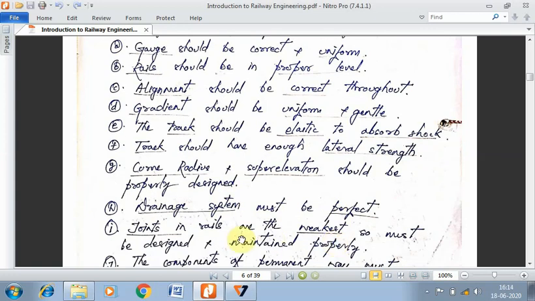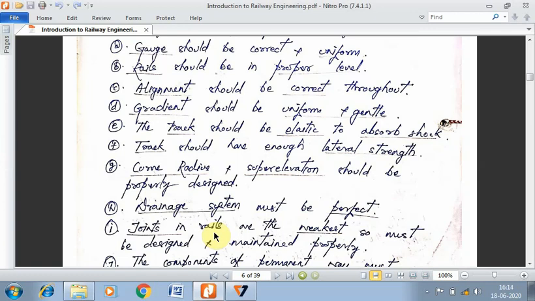Joints in railway, for example, suppose you want a railway track to be laid from one place to another and the distance between the two is say 200 kilometers. You cannot have one single rail of length 200 kilometers. You will find these rails in typical standard sections when they are manufactured in the rail industries. So these rails, when they have to be placed at the site, will have to be connected, and these sections where the connections are made are considered as joints in rail.